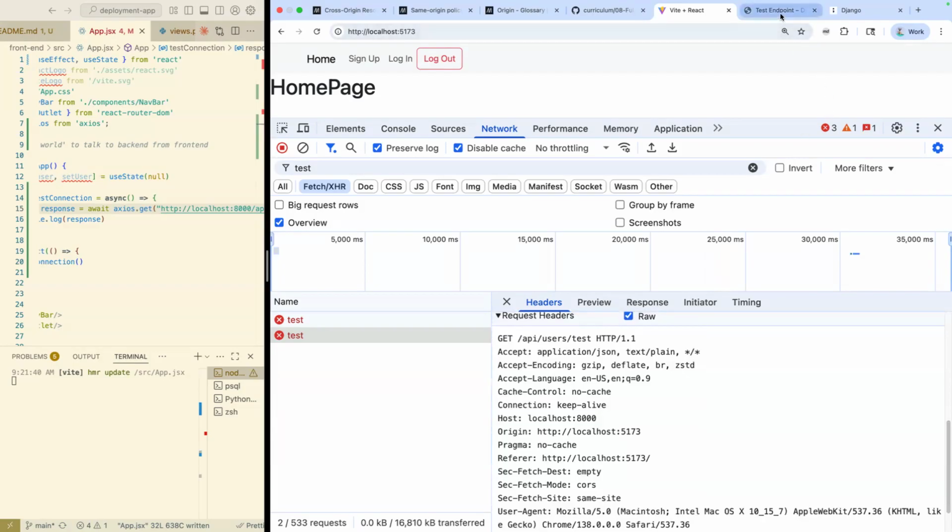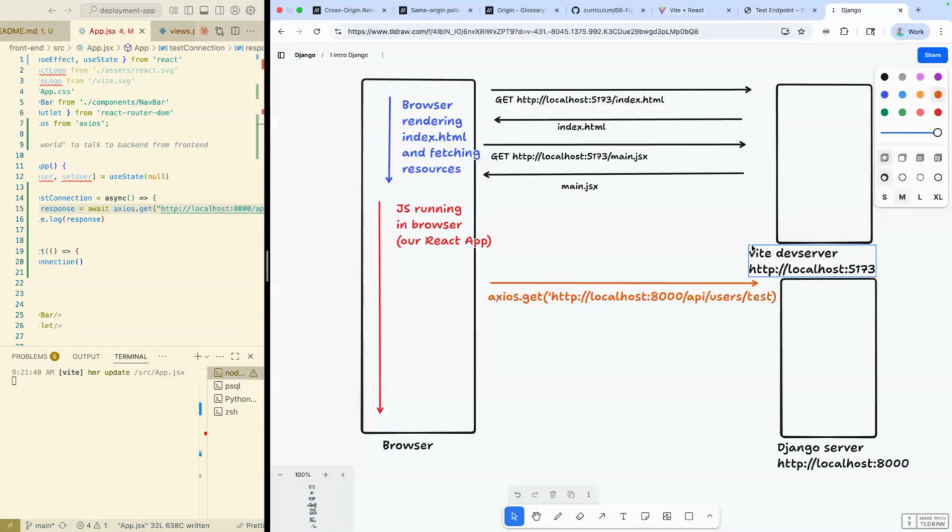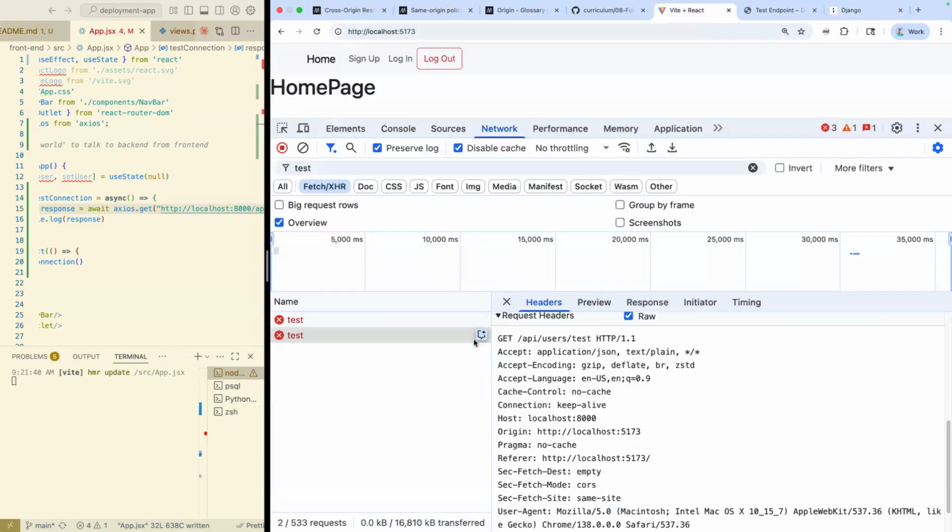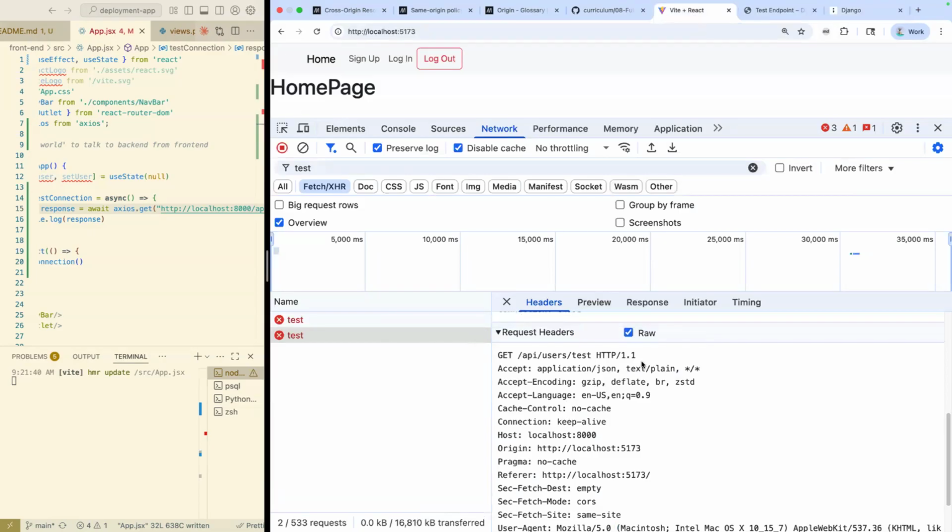And does everyone feel pretty good about why we're running into CORS with the two origins that we have here? Awesome. And what we'll also see is when we deploy to AWS, we set up different rules. When you're setting up your server for a production environment, you might be stricter with the CORS rules than you would for development. So if I look at this GET request that went to this test endpoint,